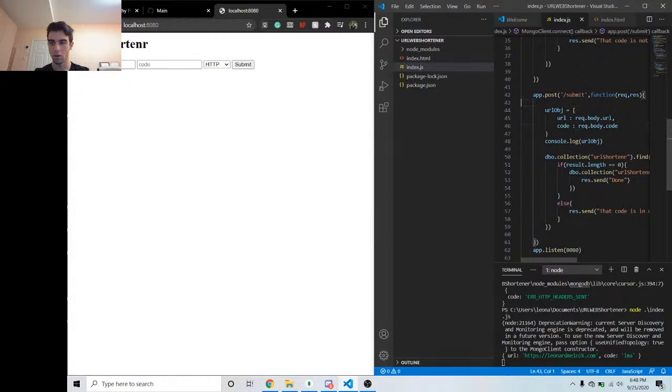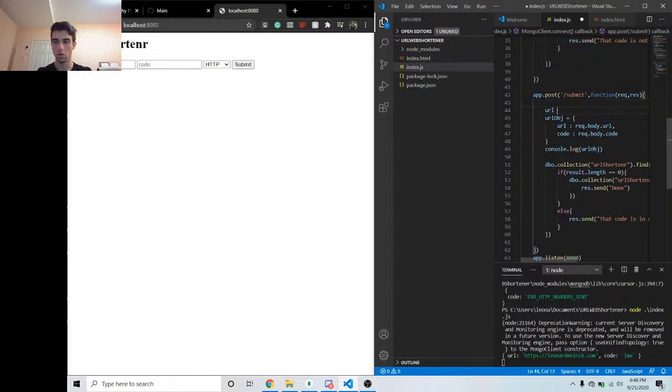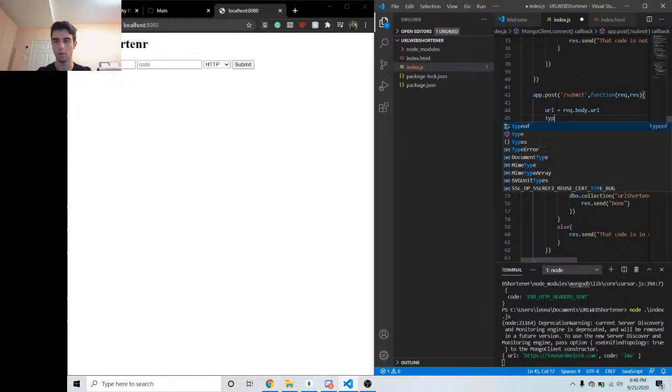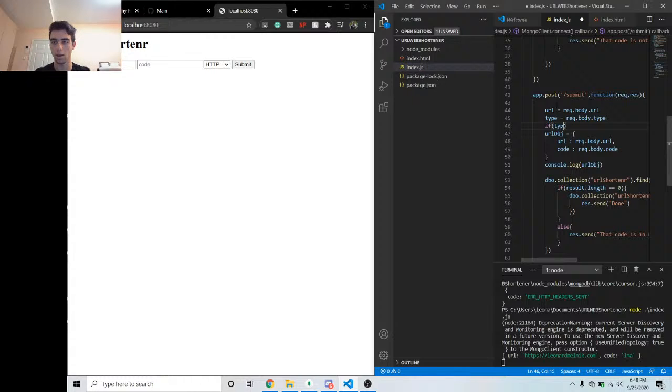So URL equals request.body.url. Okay, so if and then type, I also need to type so I don't have to type out request.body.url every time I want to use it. Okay, so if type, and I'm actually going to turn it into an int because I like doing that. I like working with numbers better. If type equals 0,